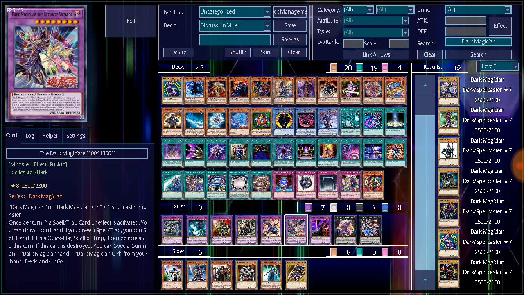you do draw a spell or trap card, send it to the graveyard. You can set that card. If it's a quick play spell or a trap card, you can activate it the turn you set it. If this card is destroyed, you special summon one Dark Magician and one Dark Magician Girl from your deck, hand, or graveyard. And of course, this card has some updated versions of the beautiful Dark Magician Girl and the Dark